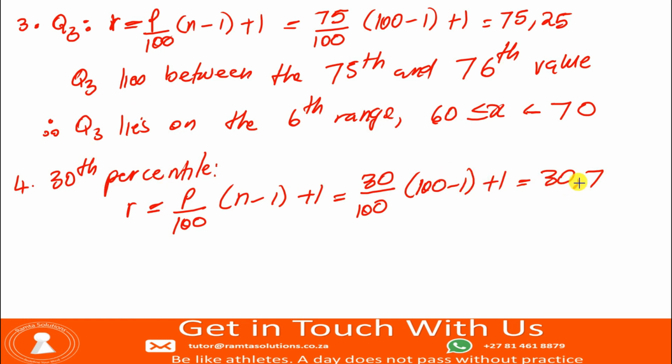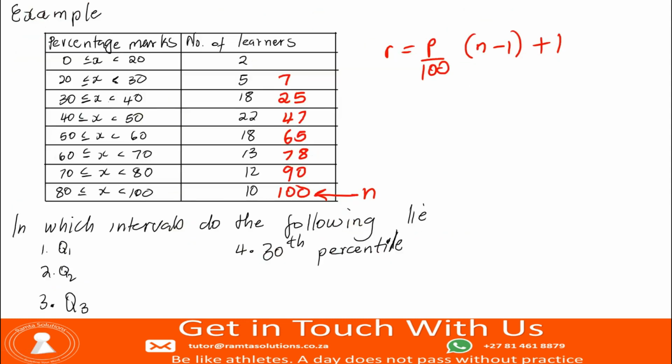Let's get it. So 30.7, this means our 30th percentile lies between the 30th and the 31st value. So let's go look at it. It lies between the 30th and 31st. It cannot be on this interval. Cannot be on this interval. It cannot be on this interval. It is on this interval, right? It is on this interval, which is the 4th range,